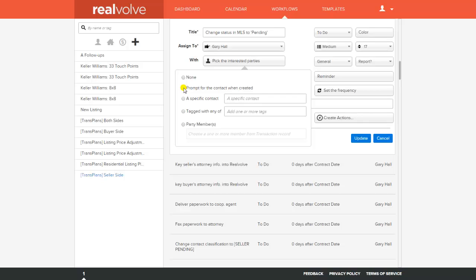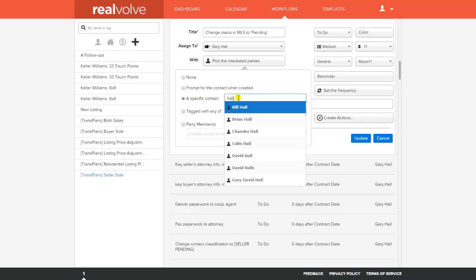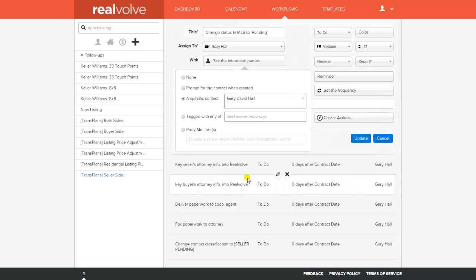So remember when we were going through that little dialogue when we said finish this task in the 33 touch follow-up, and we got a chance to review the email and all that. This is saying prompt for the contact when created, so we could actually assign this task or send this task to someone dynamically when it came up in our task list to do. Or we can assign it to a specific contact, and I like that right here, bang, I just start keying in the name. It gives me the options of the different people, and I can assign it to that specific contact,